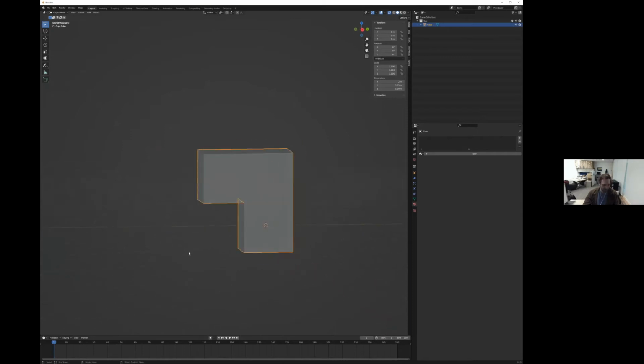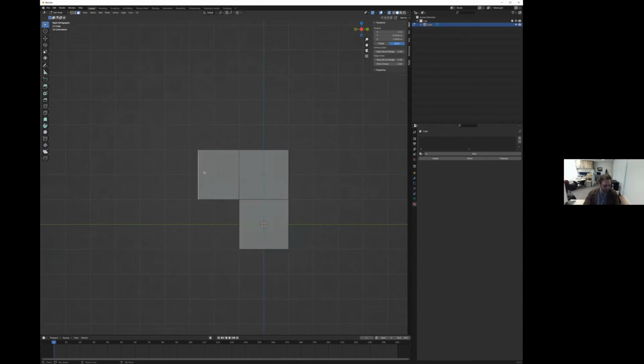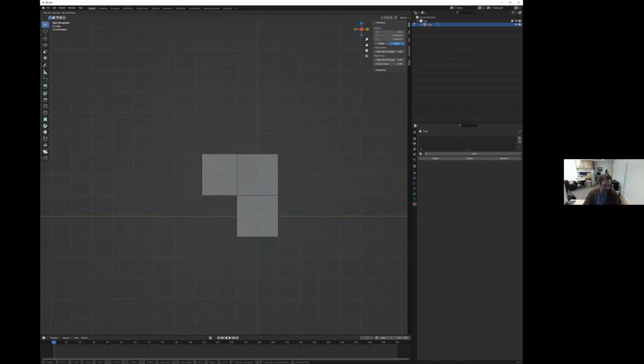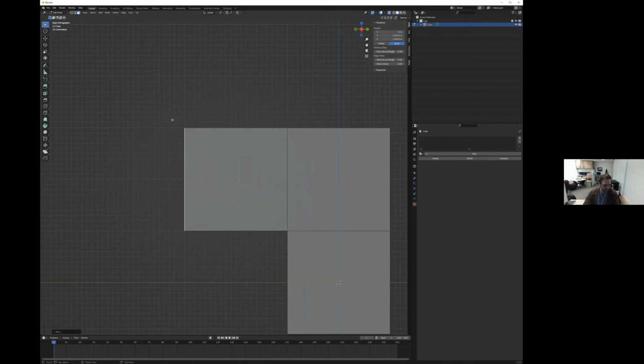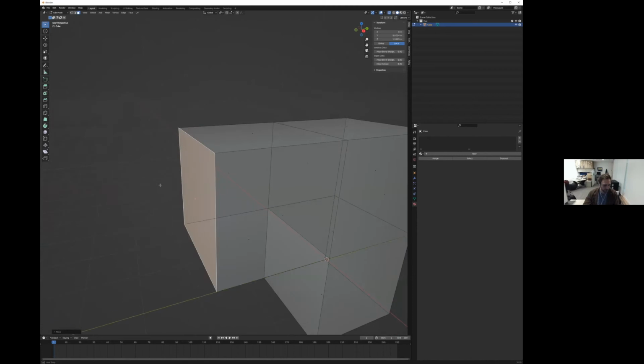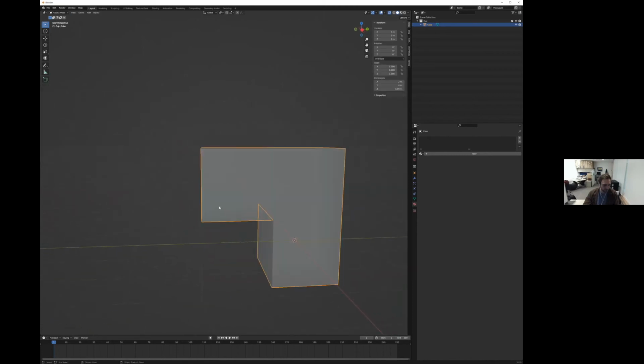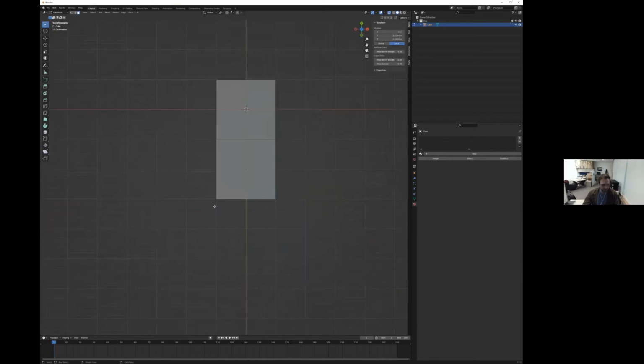So if I go to orthographic mode and I press edit, and now I'm targeting the face, right? I can press G and move it directly where I want it to be. And so if you're being more cautious of where you put things or where you line things up, this is a super helpful tip. So you can get familiar with